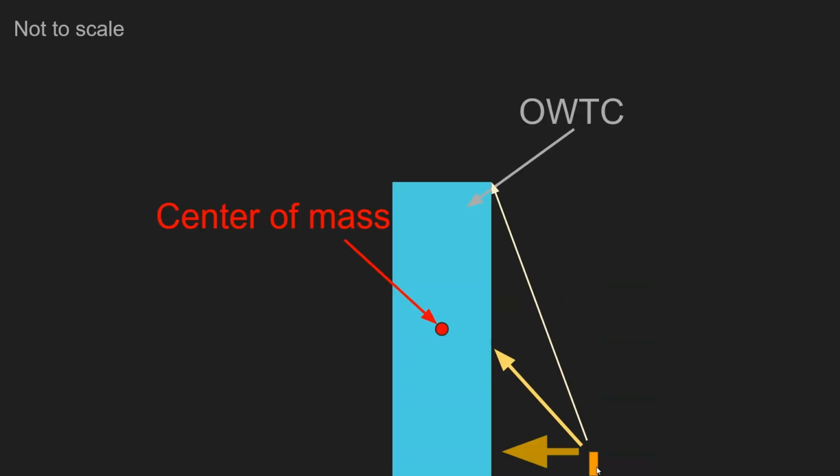You have the center of mass, and if you're standing here, if you're for some reason a yellow rectangle now, in which case please consult a doctor, the gravitational force of attraction will be strongest towards the base, a little bit less towards the middle, and very weak on top. So really, you would need to slice this building up into however many slices you want, a lot of them, and do a numerical calculation. I'm not sure if there is an analytical approach to that. I'm not a theorist, so I would do it numerically.